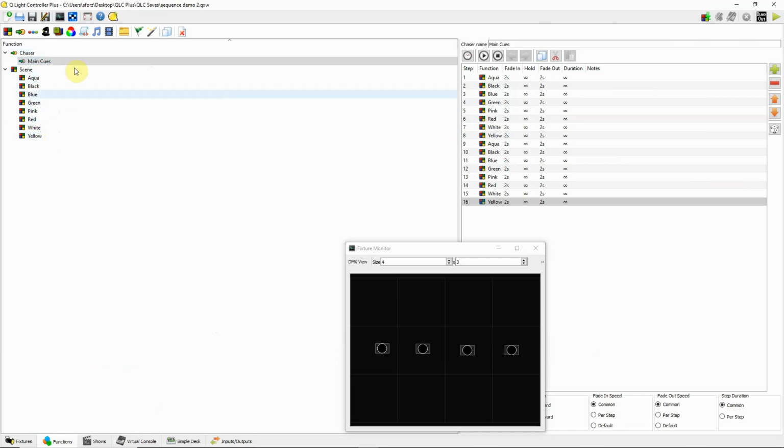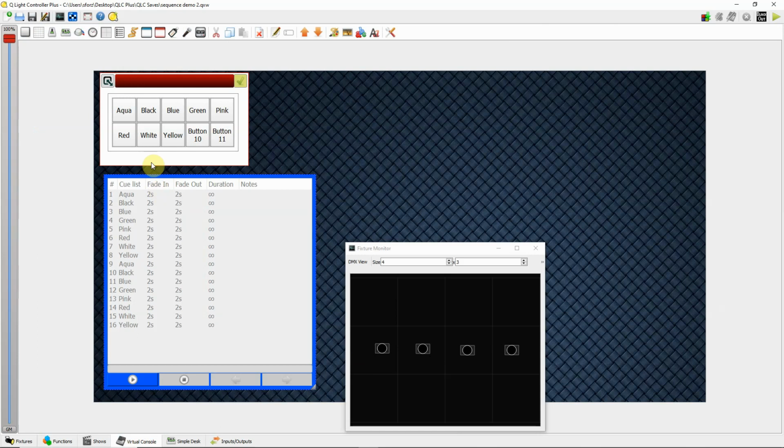And then I took the same scenes and put them in a cue list so I can show you 2 different ways of going about this. So then in my virtual console, I have buttons that I'm going to activate with MIDI signals. And then I was going to show you another way to do this. I have a cue list with scenes in it that I'm going to activate the next cue command with the